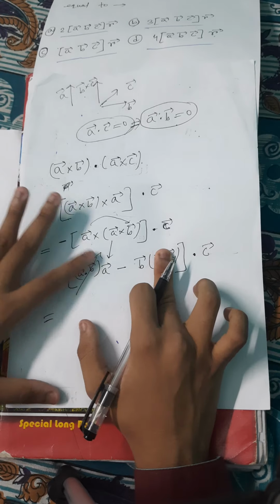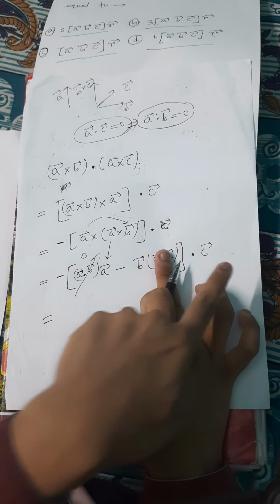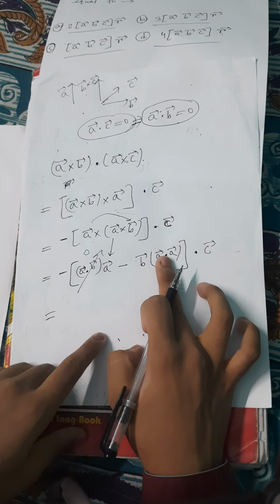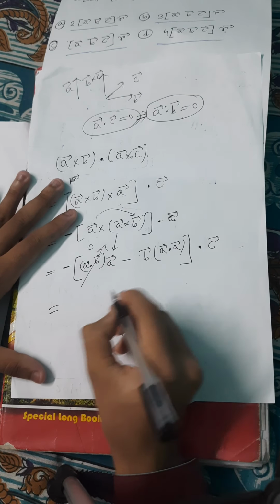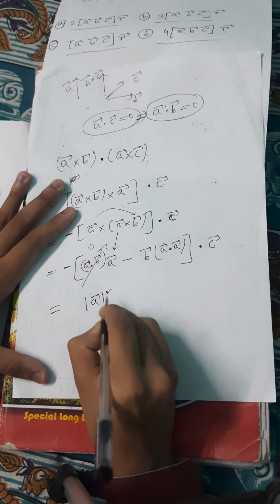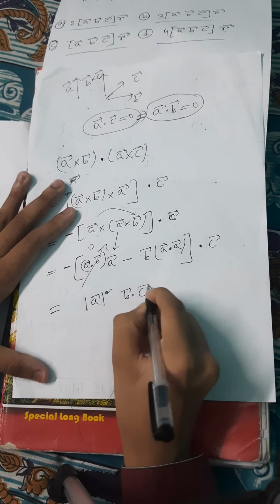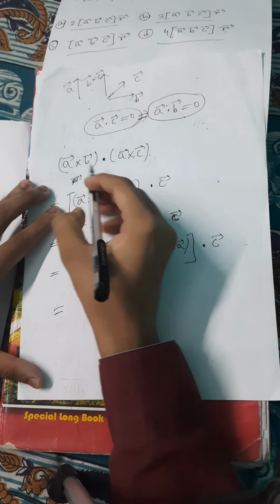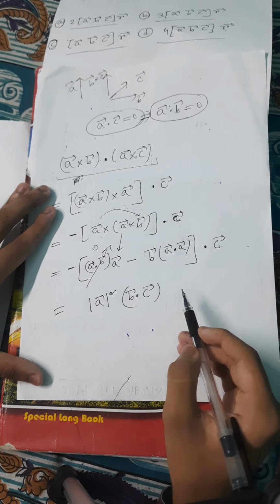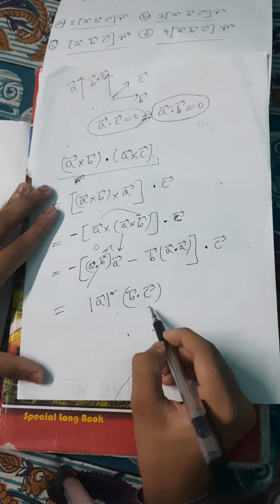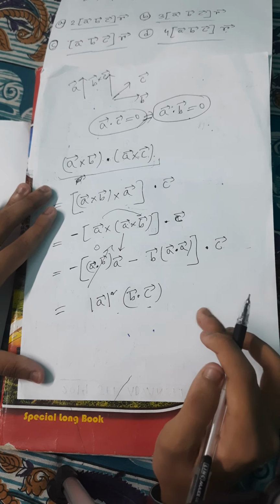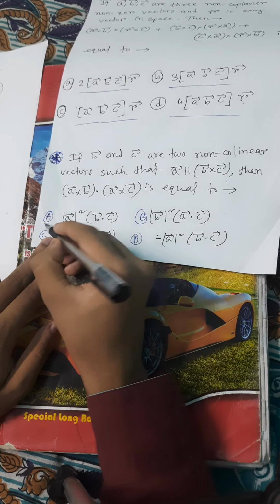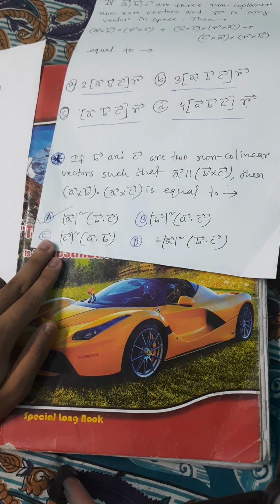So this is a scalar, so ultimate will be b dot c. This is just a scalar in between them, okay. So take outside that scalar, so that will be mod a square b dot c. That is our answer, because ultimate answer will be scalar. From this we have said, and this result also is scalar. This is a scalar and this is a scalar, okay. Now this is our answer, okay. You tick mark this as a correct option.